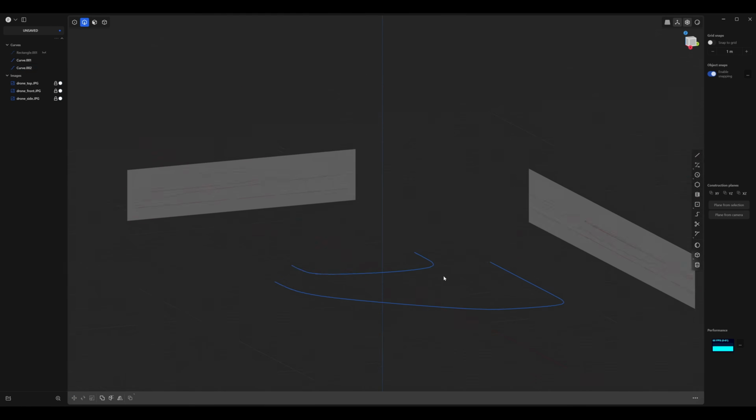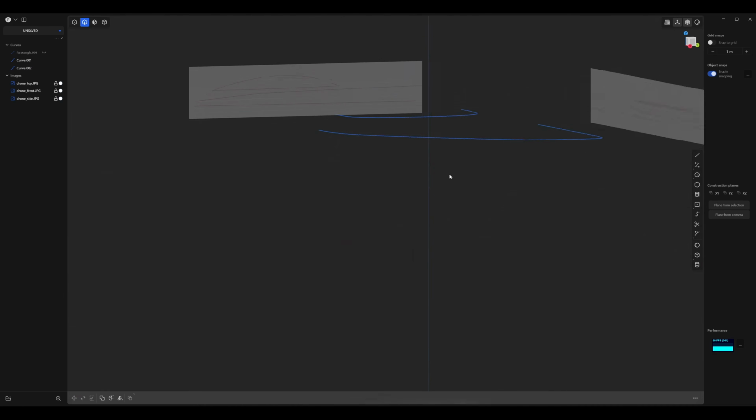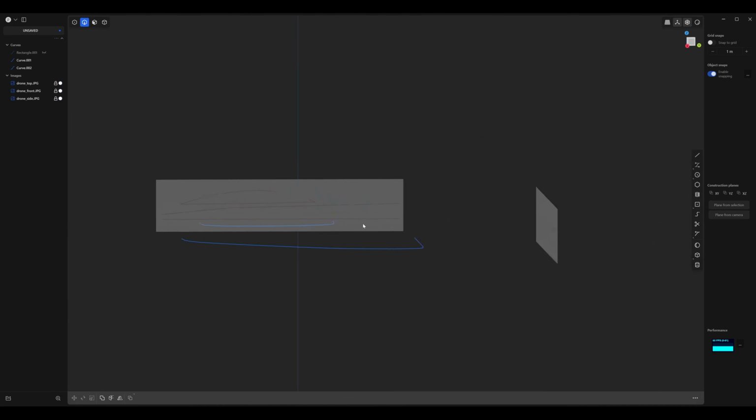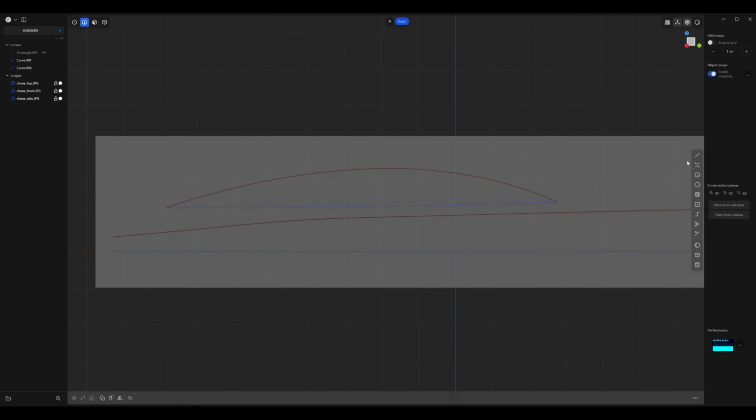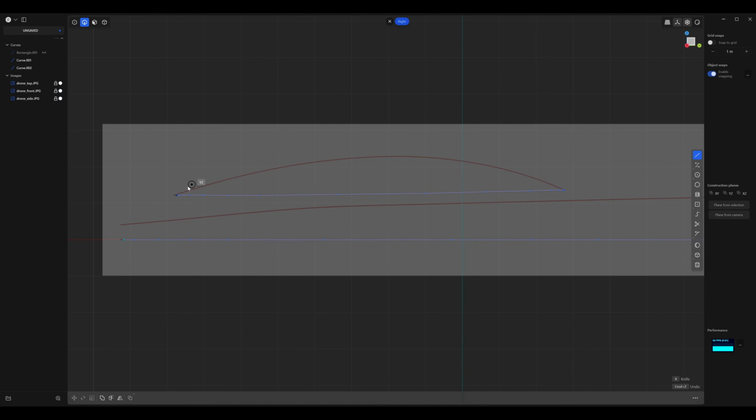Now that we've defined our top shapes, you can see that they're still pretty flat. So you need some volume going upwards, and let's go to the right view to do that. And click on the line tool over here. And we're going to create this just with a straight line and then subdivide it. So click on the first point over here to snap. And click on the end point here to snap there as well. And right click to accept.